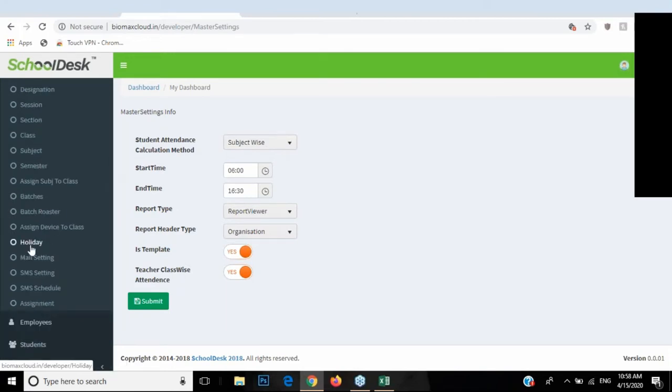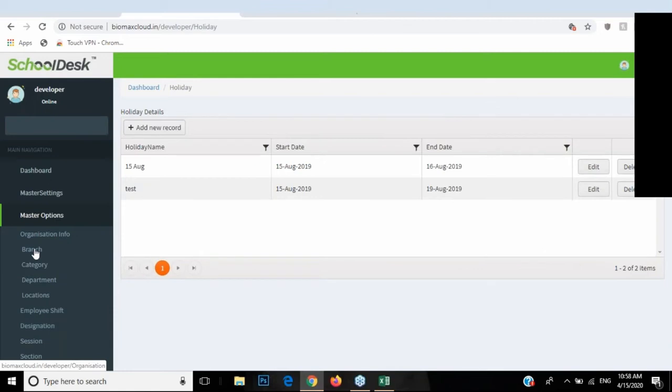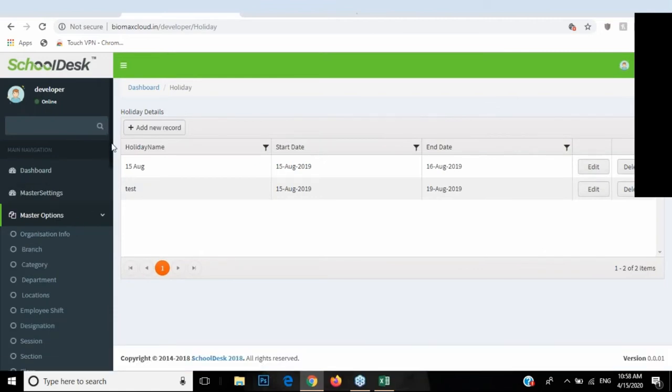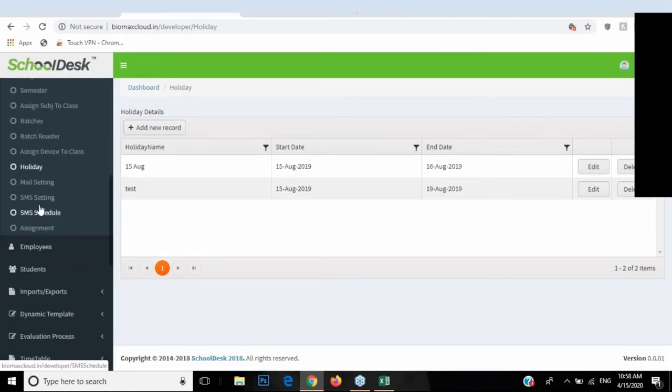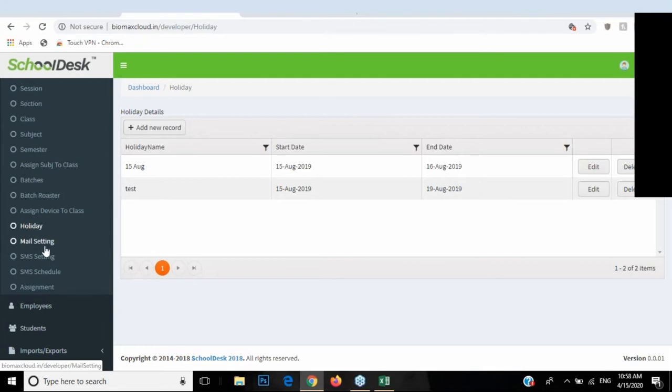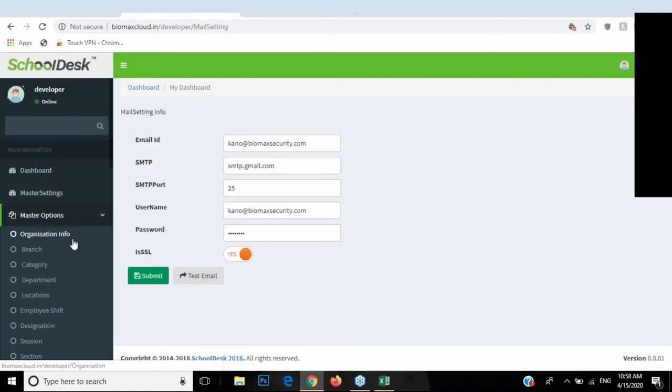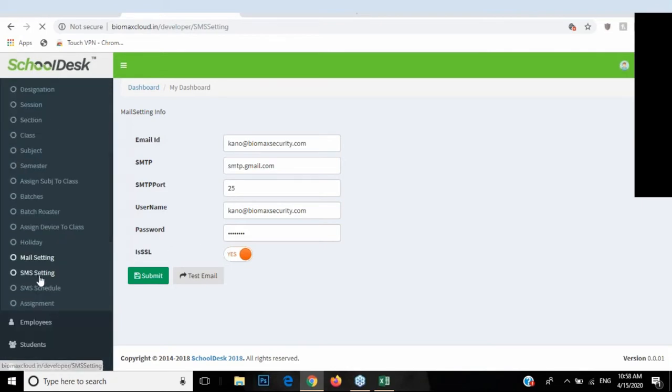After that, we have holiday options. We have to create the holidays here, and after that, we have three options: mail settings, SMS settings, and SMS schedule. So for what purpose do we use the email settings? It is to send the attendance report of employees to the admin. So for that, we are using this email setup here. And in SMS settings,